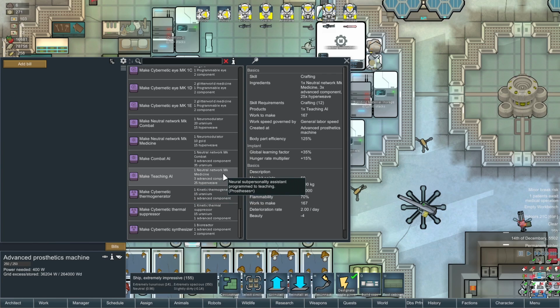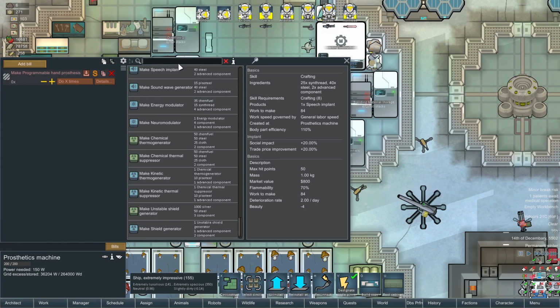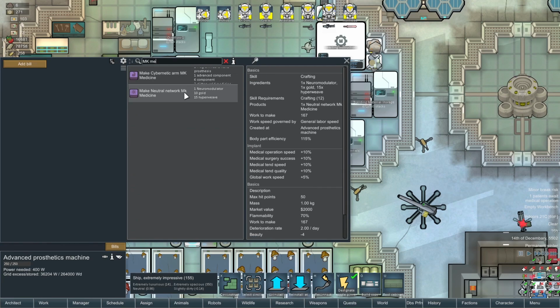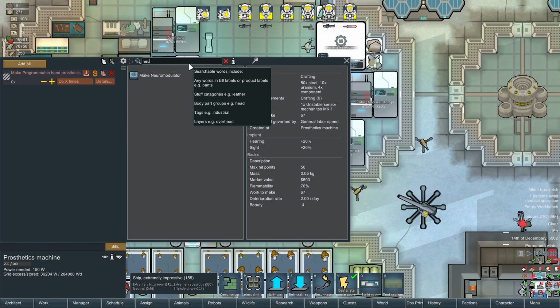We need neural network MK medicine. Right, okay, what do we need for the neural network MK medicine, then? Bloody hell. Oh, God. Okay, it's back in this one again, is it? Yep. Neural network MK medicine, we need a neuromodulator. And for a neuromodulator...